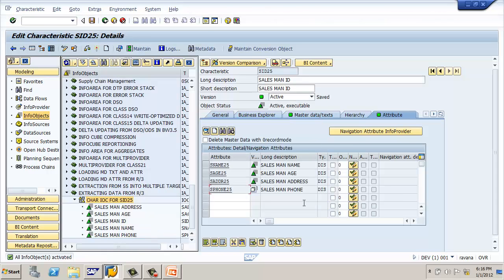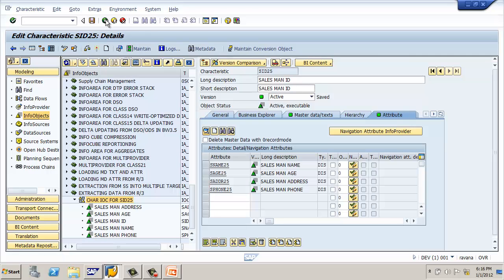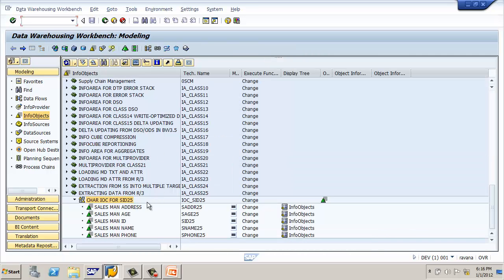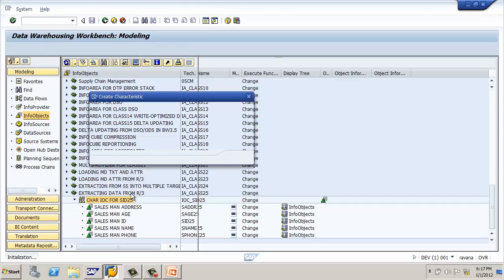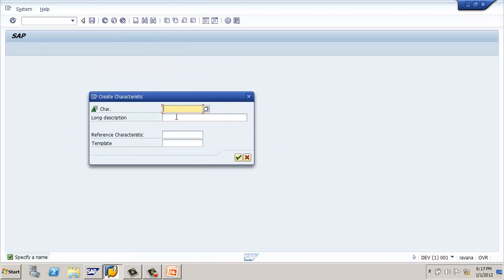Okay, now our objects are ready. It's activated successfully. Go back and we need to create one more for product ID. Right click on your characteristic info object catalog, select create info object, say PID 25 product ID, press enter